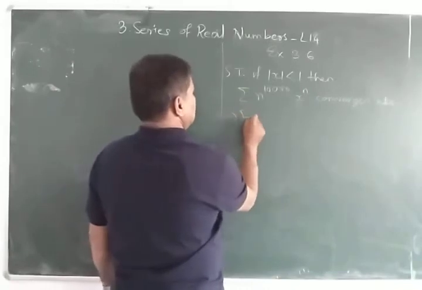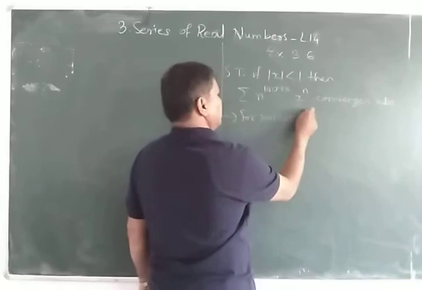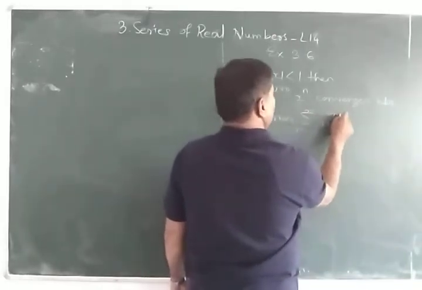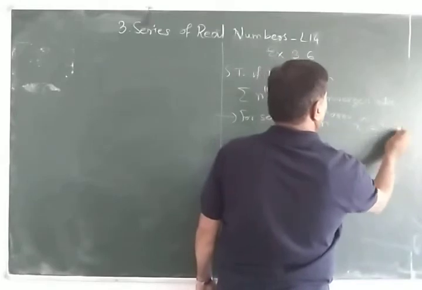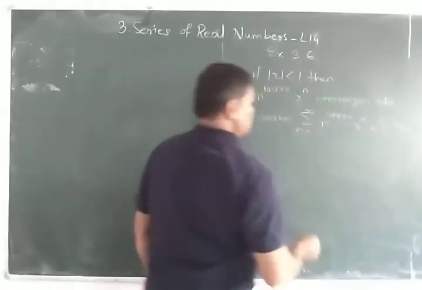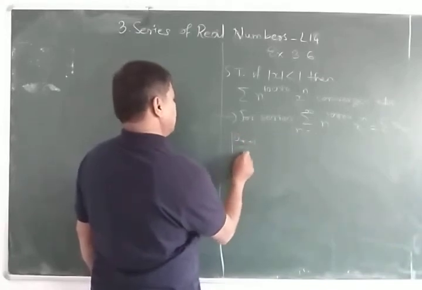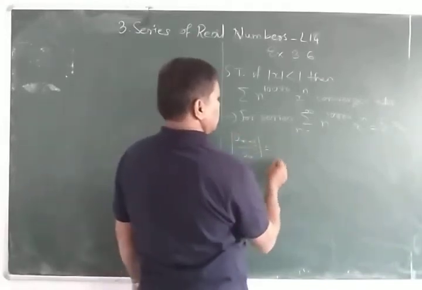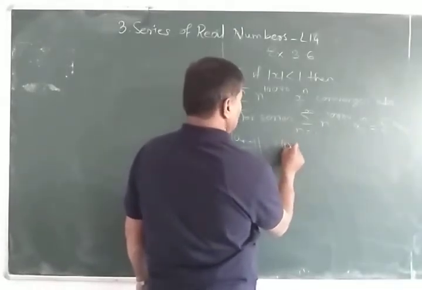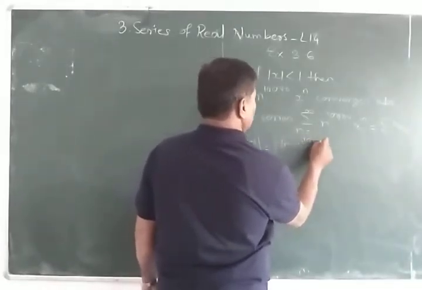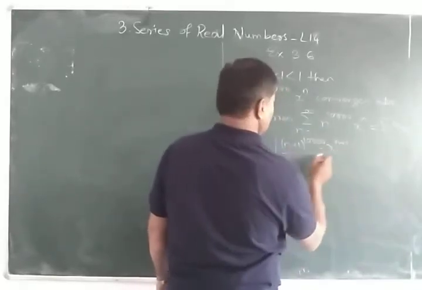So for the series summation of n equal to 1 to infinity n raised to 10,000 into x raised to n, which is equal to summation of an, mod of a(n plus 1) upon an is equal to mod of (n plus 1) raised to 10,000 into x raised to n plus 1 upon